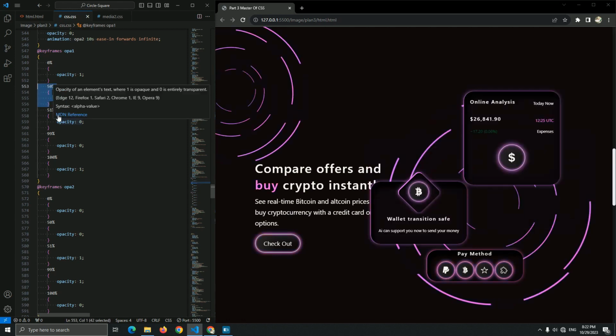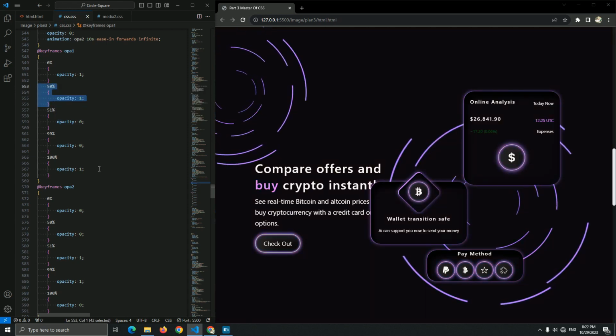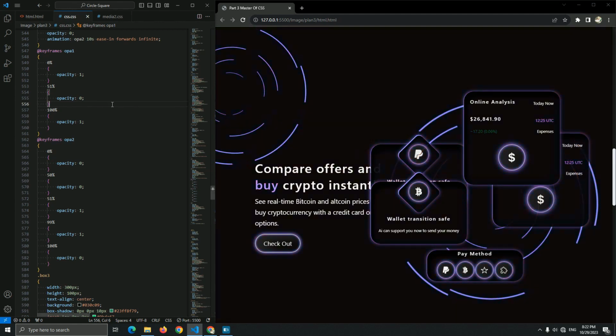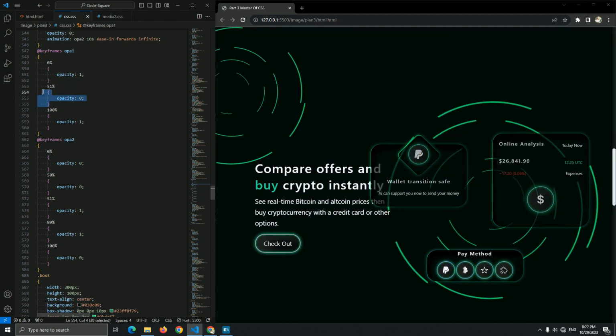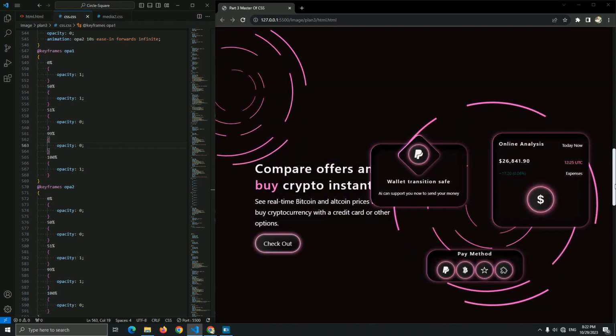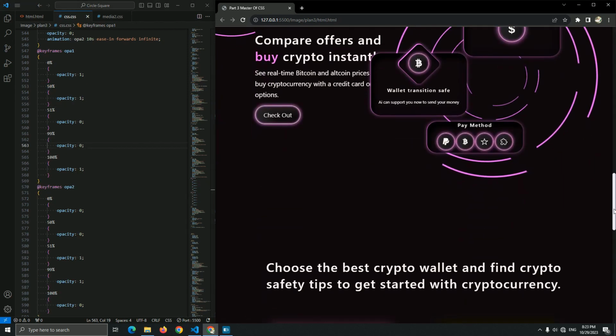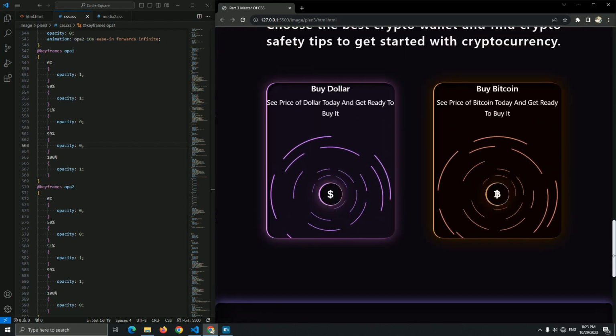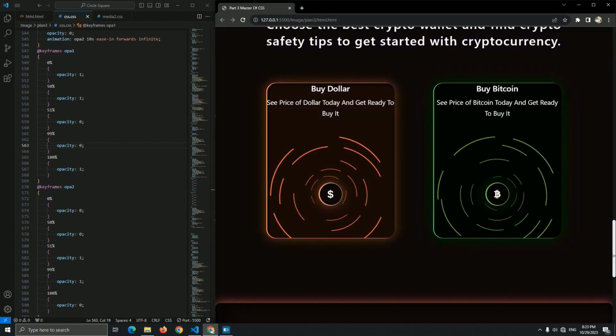And if I remove it again to show you what happens if I remove this, it's one flat animation. But if I choose 50% and 99%, now it's a better animation for the opacity of the boxes. Here we go. Now let's go for the last animation, which is the card.